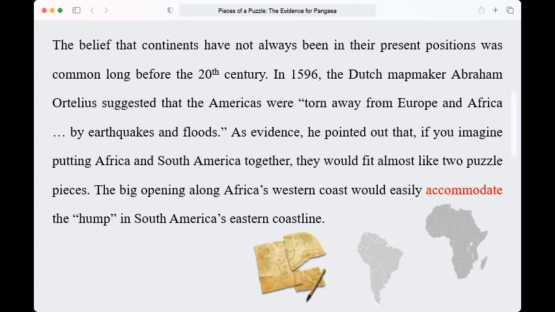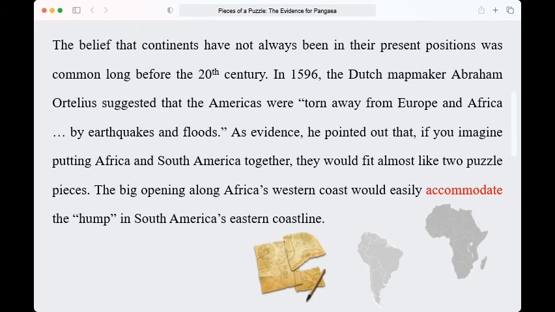So about 300 years earlier than the 20th century, the Dutch mapmaker suggested this, after, I'm sure, he studied many maps since he was a mapmaker. And after studying a lot of maps, a lot of the shapes of continents,